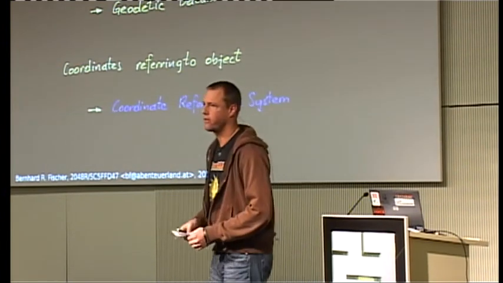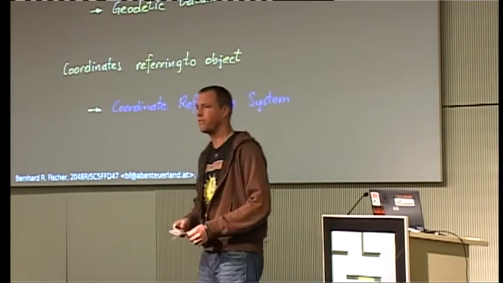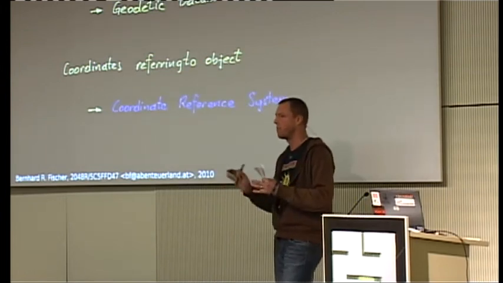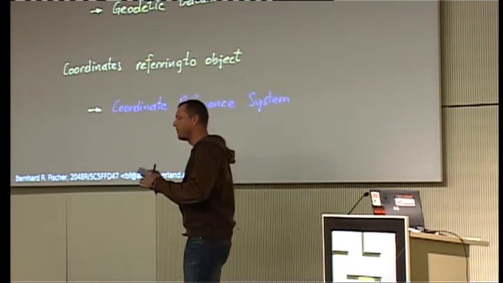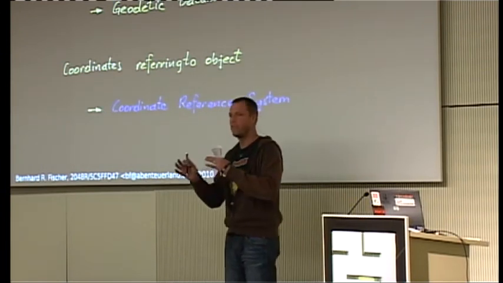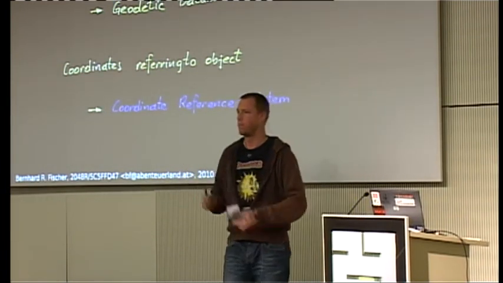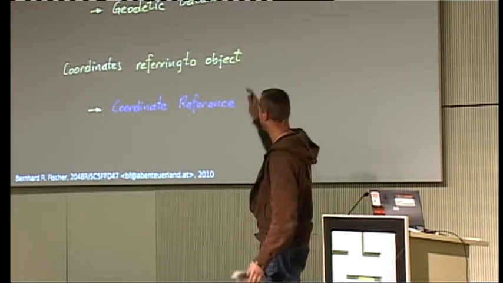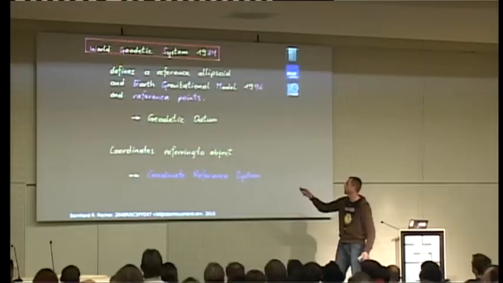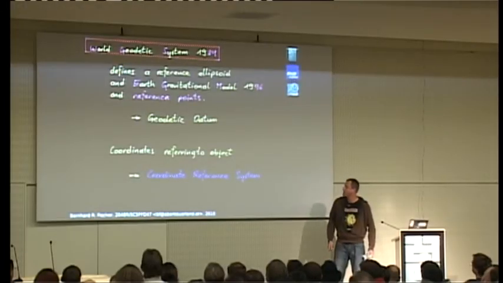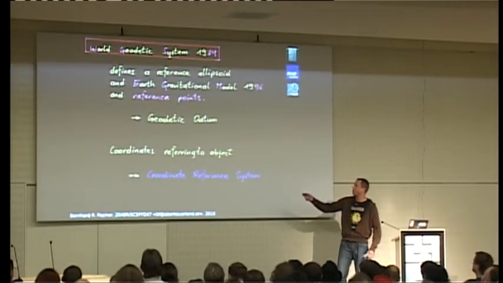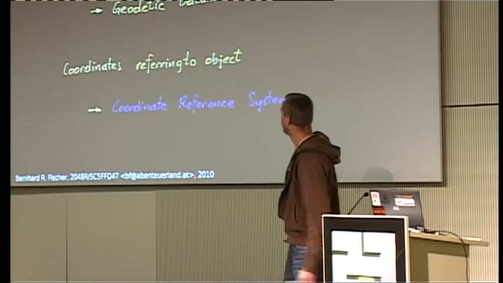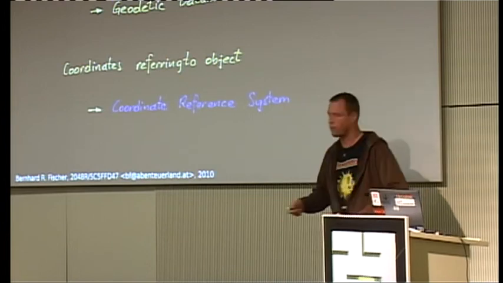It's called the Earth Gravitational Model of 1996. And this is a mathematical model which tries to describe the irregular geoid surface that it is in reality. Okay, so those both are combined together, and we call this a geodetic datum. And then we can put coordinates on this by defining reference points, and we call it a coordinate reference system.